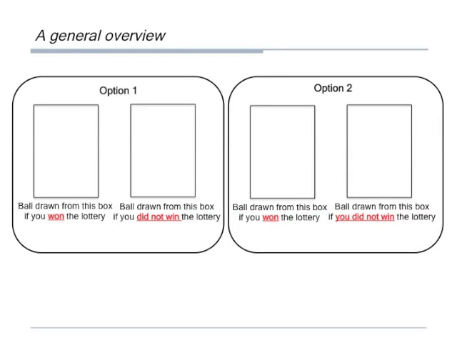Thank you for your answers. We want to overview some of the general points at this time. Remember that regardless of which option you pick, the computer draws a ball from the left box in that option if you won the lottery, and it draws a ball from the right box in that option if you lost